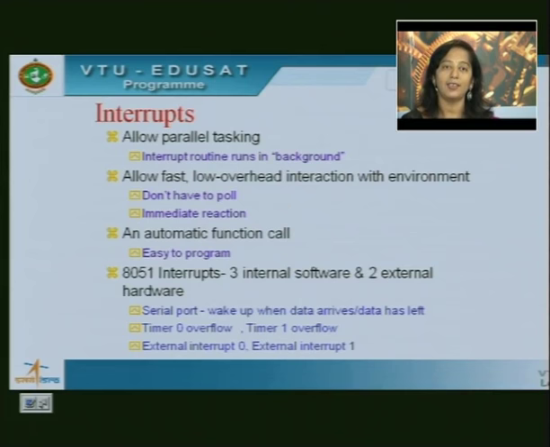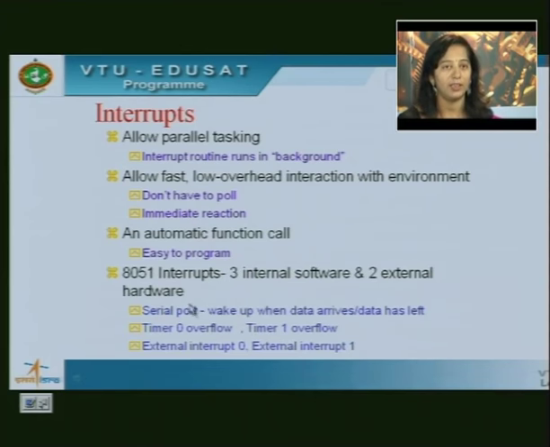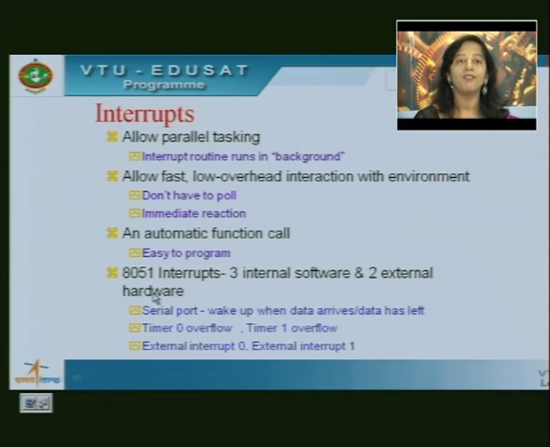CPU will stop its current job, it will come and read in the data from the buffer, and once that is done, it will go back and continue with its program. This is one of the software interrupts. Timer 0 and timer 1 overflows are the other 2 software interrupts. What do we mean by overflow of the timer? That means timers are 16-bit registers. We know that timers are 16-bit registers, and the maximum possible value in a 16-bit register is all ones, which means FFFF in hexadecimal. So, the maximum possible value would be FFFF,